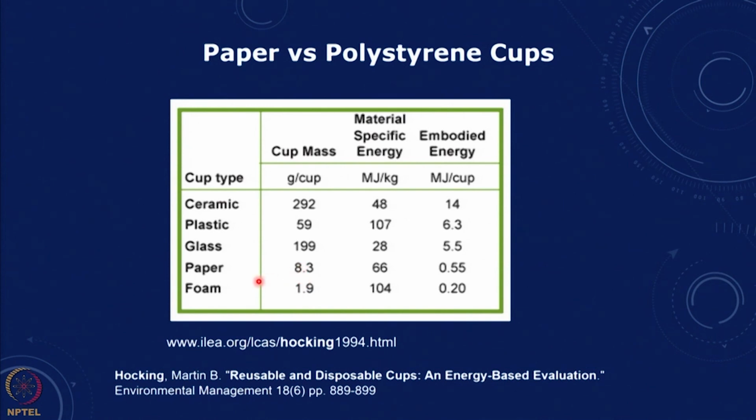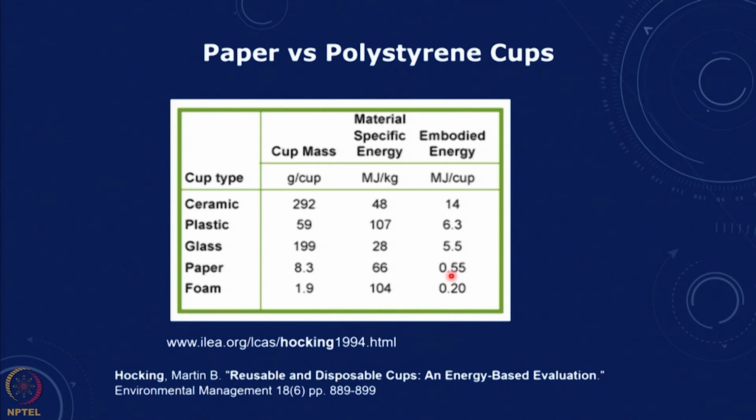The polystyrene cup is about 1/4 the mass of the paper cup. However, the specific energy per kg is much higher for the polystyrene cup, but still the total embodied energy is lower than that of the paper cup. So Hawking, in his first paper, makes an argument that